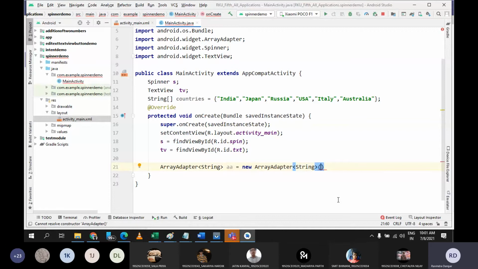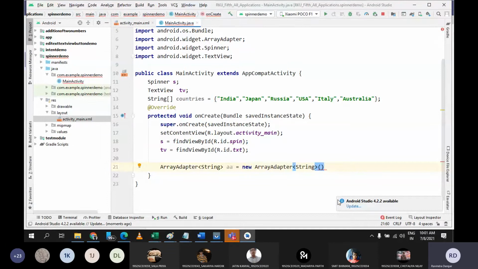First parameter is your current reference. In whatever activity you are, you can pass the current object, so that you can do using this keyword. The way we are doing it in Toast. Whenever you want to refer the current activity, you can always use this keyword.